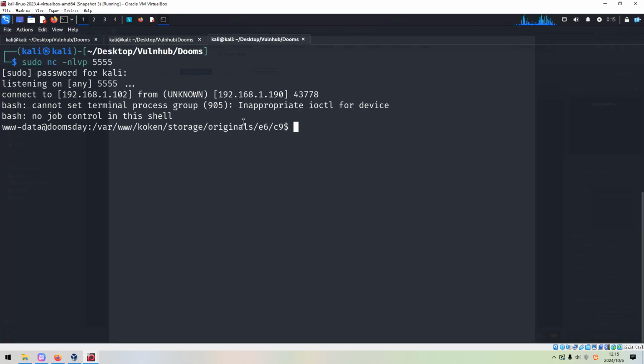As you can see, we successfully retrieved the connection from the target, and we can spawn an interactive shell.